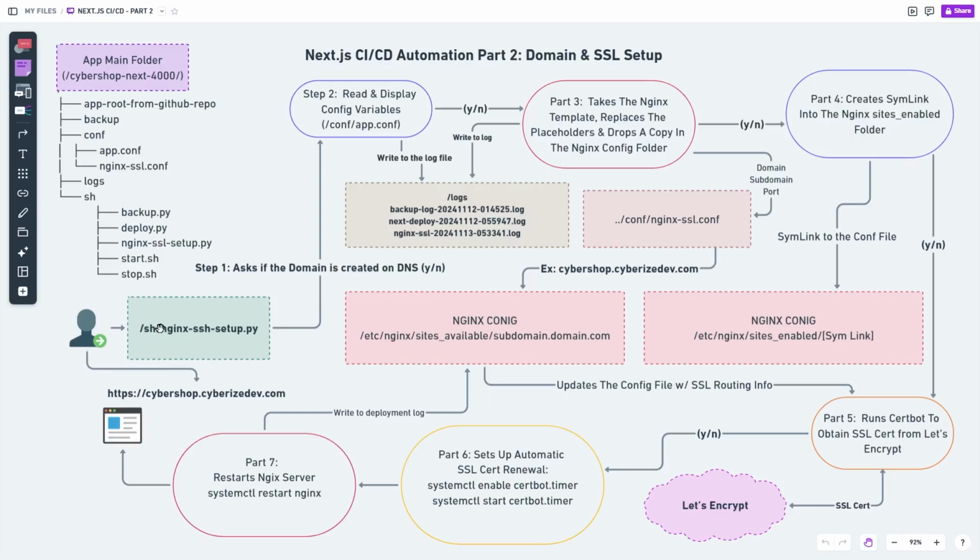So admin comes in, runs this script. Script asks, domain ready or not? If the domain is ready, as we have created in the DigitalOcean DNS, we go to step number 2. It reads the app.conf file and shows us all the environment variables for verification. And once the admin says yes, we go to part number 2, and this is where we take that template,